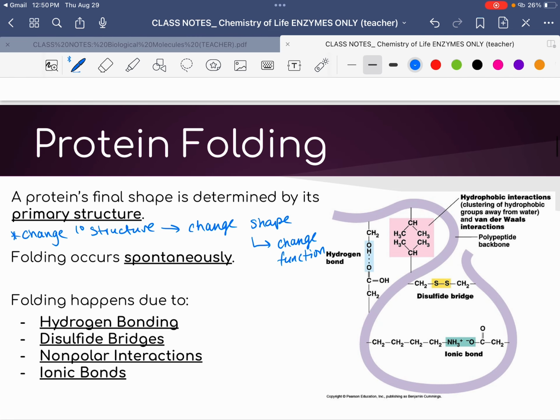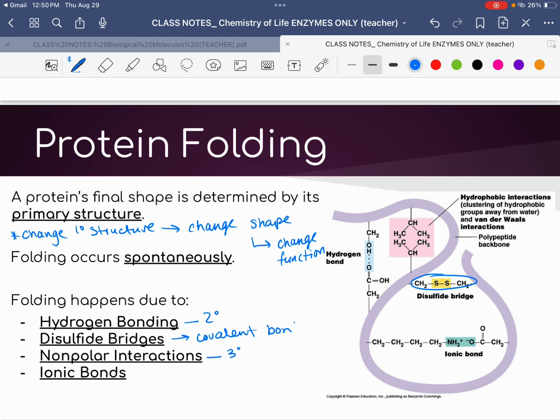Okay, that folding occurs spontaneously, and it happens due to the hydrogen bonding that occurs in the secondary structure, the nonpolar interactions that happen to make the tertiary structure. But then there's also other things like disulfide bridges. These ones here, here's a disulfide bridge. This is a covalent